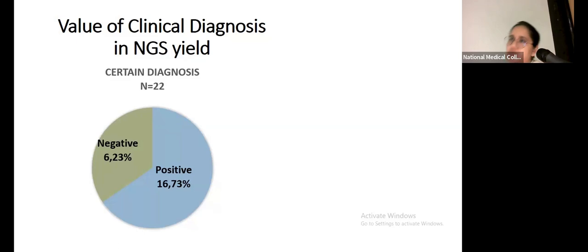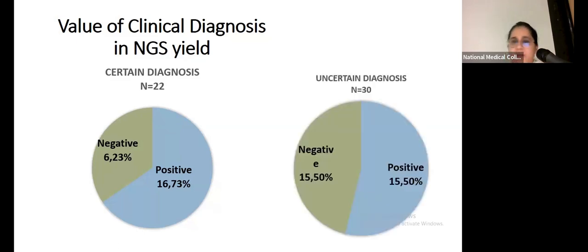Now, this points us towards the limitations that NGS technology has. But again, there is an advantage. There were many couples where we could not make a certain diagnosis, and even in this vague clinical presentation, we found a pathogenic or likely pathogenic variant which corroborated with the symptoms in approximately 50% of the couples. So this shows the value of doing NGS in cases where we're still doubtful whether a genetic condition may or may not be causative.